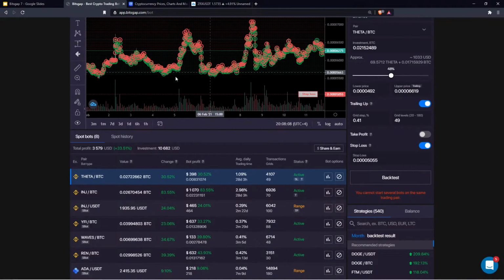So you see all these green and red circles on the chart, they represent buy and sell orders executed by the bot. So these are micro trade executions, all right? And that's why the bot has managed to make so far, for the period of just 1 month, $400, which is approximately 30% of my initial investment, which is a pretty impressive result for a period of just